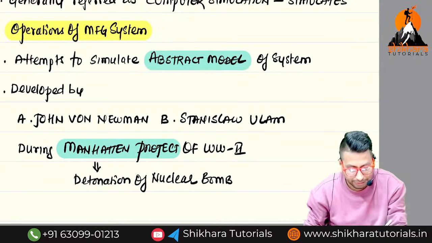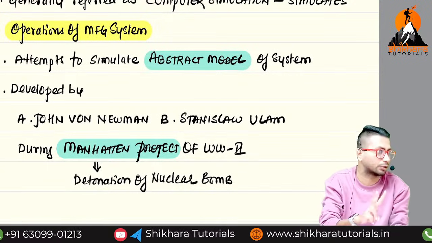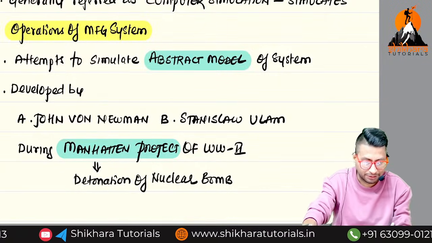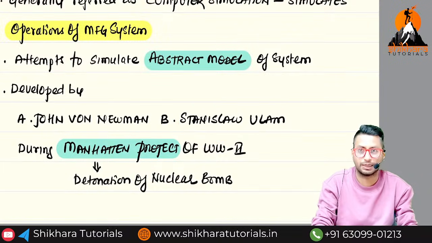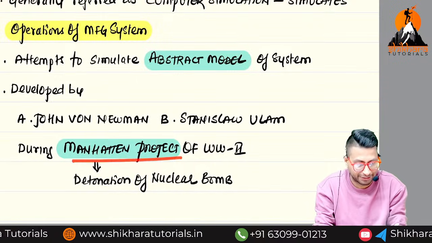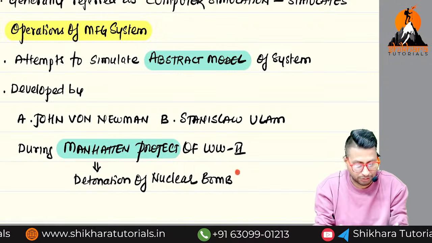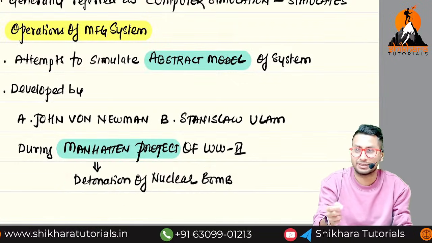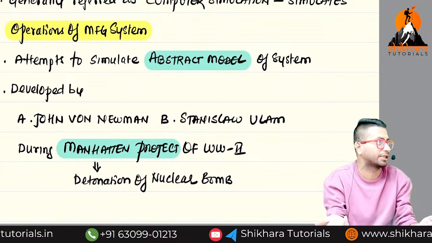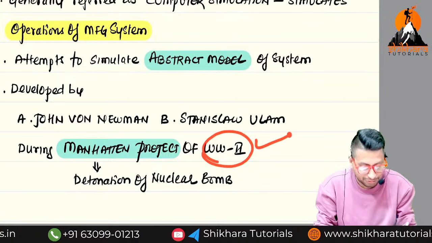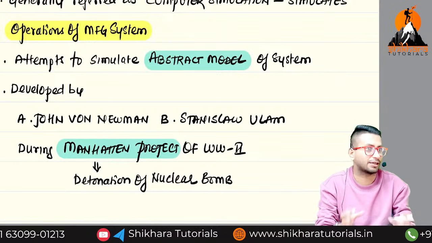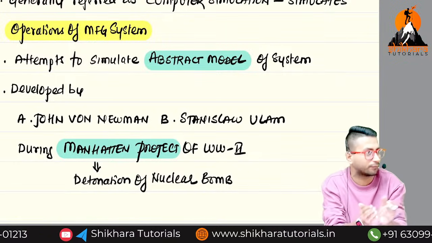Clear? And the concept of simulation was developed by two people. What is person number one? John von Neumann, and the second one is Stanislaw Ulam. These two people created this concept during the Manhattan Project. What was the project about? Detonation of a nuclear bomb. They cannot actually go and detonate a nuclear bomb, right? Because if they detonate a nuclear bomb, neither the bomb will be there nor they will be there. And during what war did they create this concept? World War II. They simulated how a detonation of a nuclear bomb will impact something.